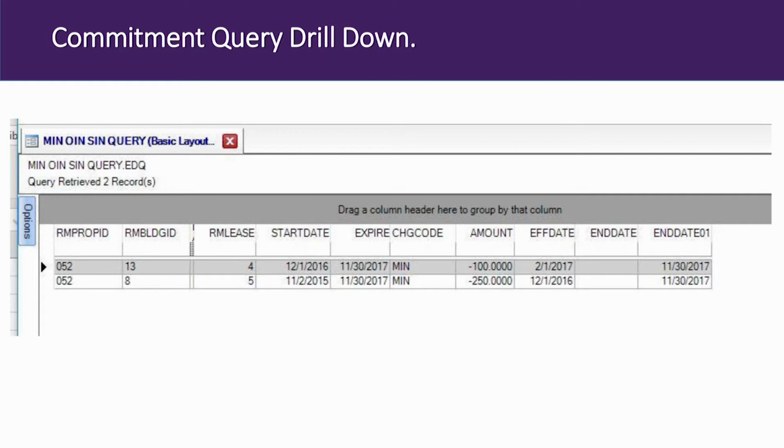The drill down capability allows me to answer questions quickly, effectively, and with the right information. So this is an example of a drill down that I did on the numbers from the sheet previous. Not only does it bring up exactly what property I'm talking about, what lease, when it started, what the charge code is, what the amount is, being able to answer these kinds of questions really quickly and off the cuff not only gives people more